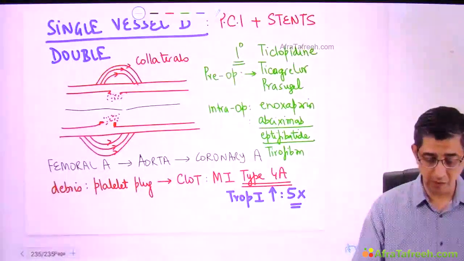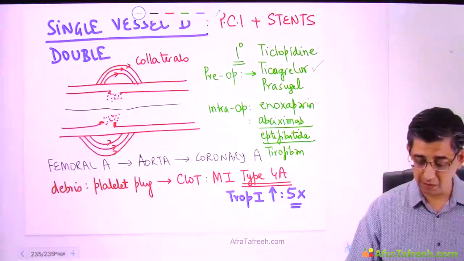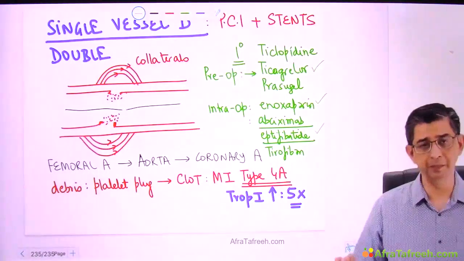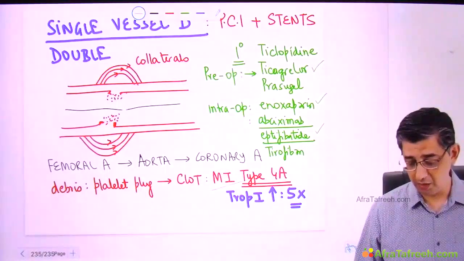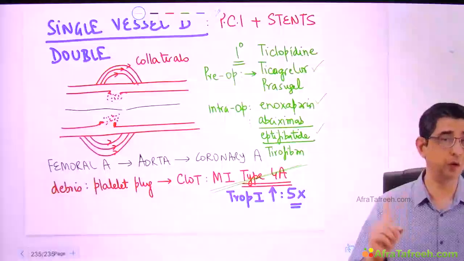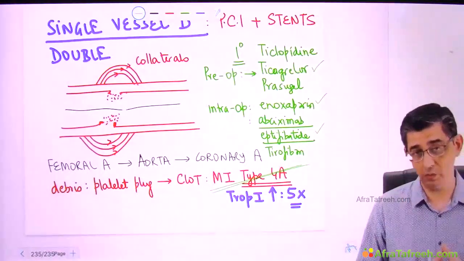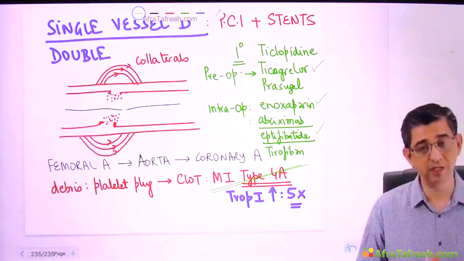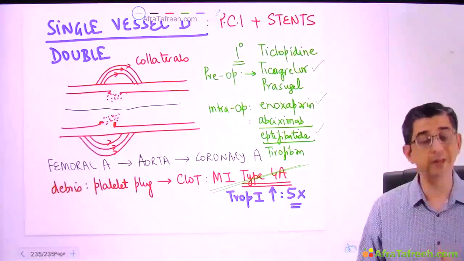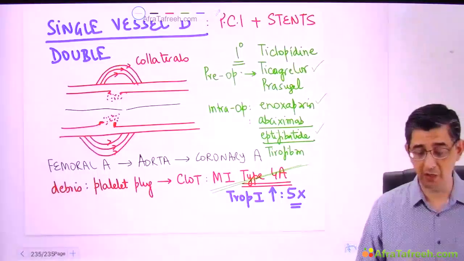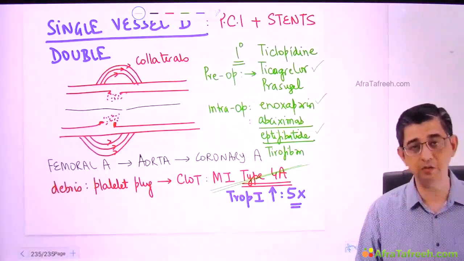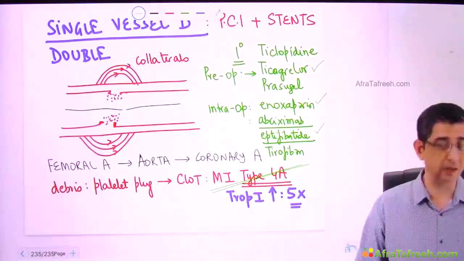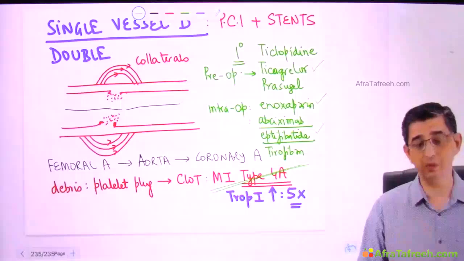I'm just going to put some markings here to say that if ticagrelor, enoxaparin, abciximab or eptifibatide are used pre and intraoperatively, then you can definitely prevent type 4A myocardial infarction, but consent obviously has to be taken from the patient and the relatives as well. So you must explain this concept to the patient per se, that during the procedure he can develop MI. Patient is going to be very, very afraid of that, but you will tell him, sir, we have the technology, we have the knowledge to prevent this from happening.